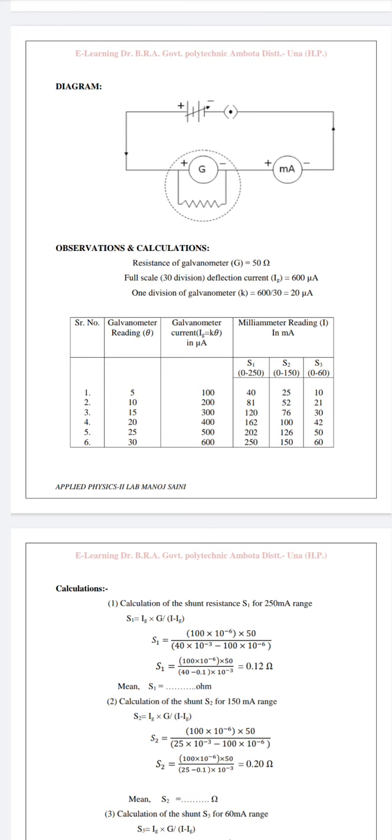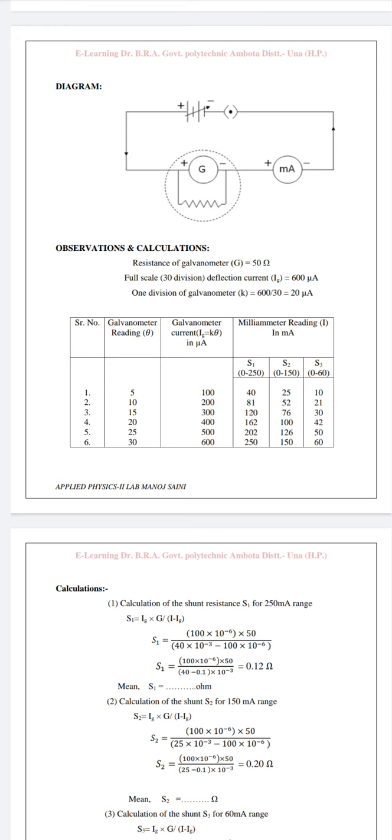The value of these currents which we measure with the help of the milliammeter is in milliampere. If we want to convert a deflection into current, then simply we apply a formula. The current in the galvanometer is always proportional to the deflection. And when we remove the proportionality sign, then Ig, the galvanometer current, is equal to K theta, where K is the constant of proportionality, known as the figure of merit. And this figure of merit K constant is calculated by the calibration of this instrument.